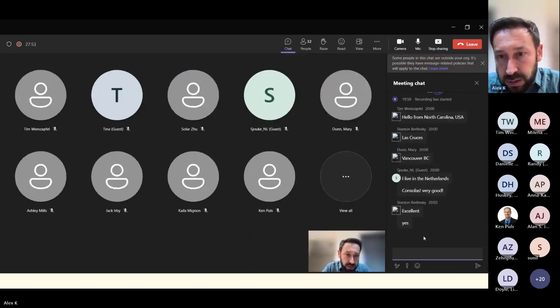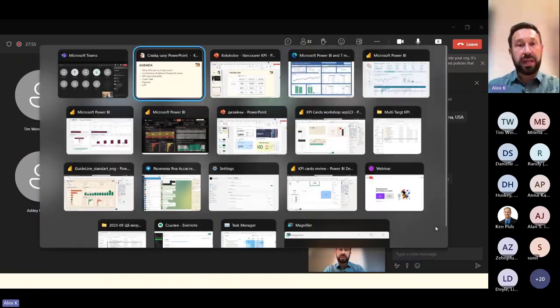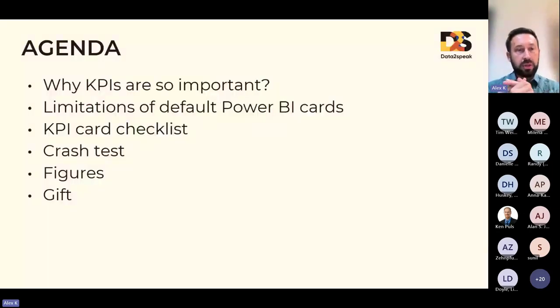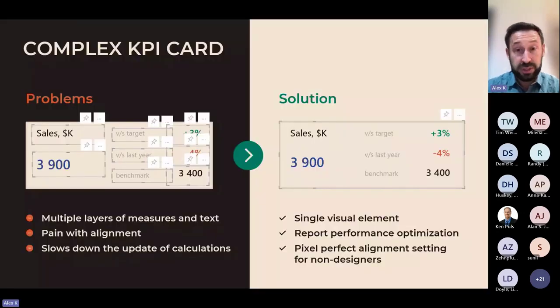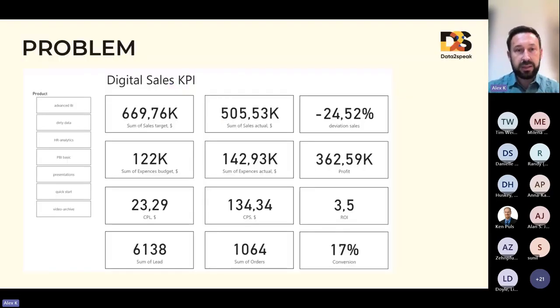Yes, I see this chat, and I go back to my speech about limitations. So I was looking for an ideal card, and that's a problem, for example, for a beginner analyst, because when your customer, when your boss requires all the important metrics, you just tile all the screen,